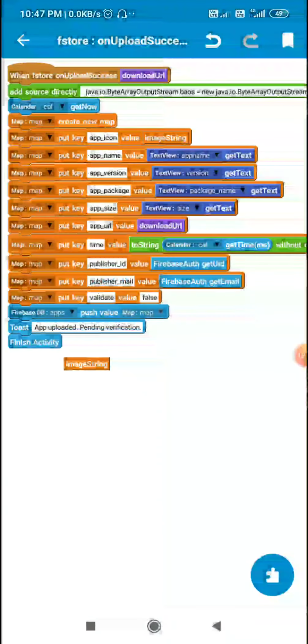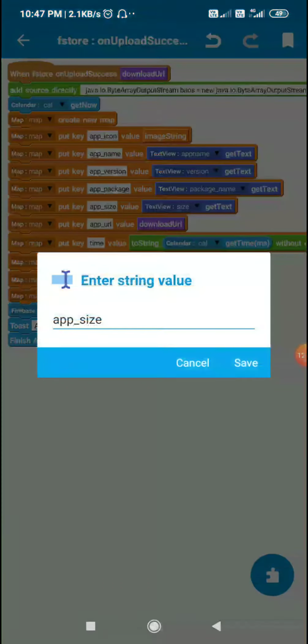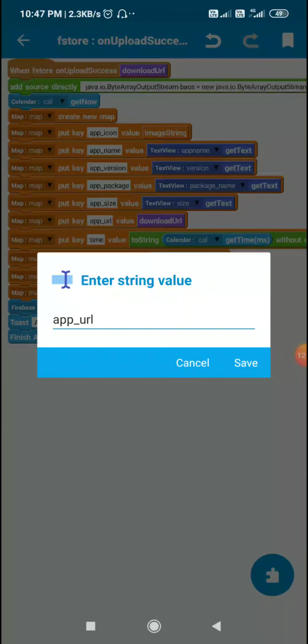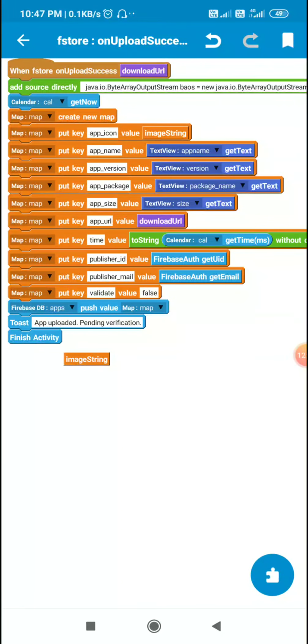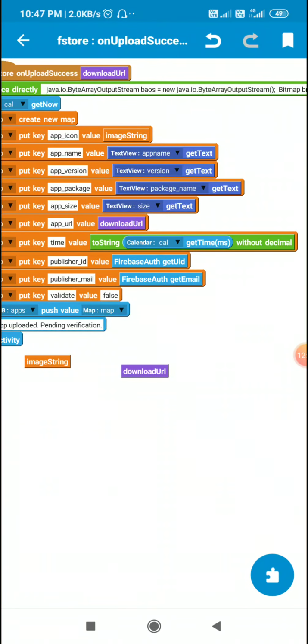Then key app package, value is package name get text. Then app size, value is size get text. App URL, value is this download URL. Then I put this time, whose value is toString calendar get time without decimal,